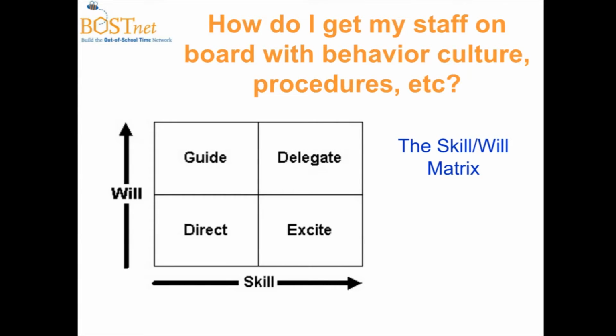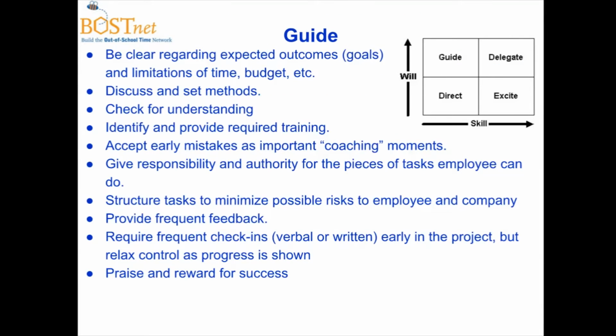Another management thought process is to use the will and skill matrix. So the will and skill is divided into quadrants again, and the idea being that on the one axis, the vertical axis, we're thinking about they either have low will, not very interested in what they're working on, or high will. And then on the horizontal axis, we have skill. So they either don't really have the skills or they do have the skills to do their job.